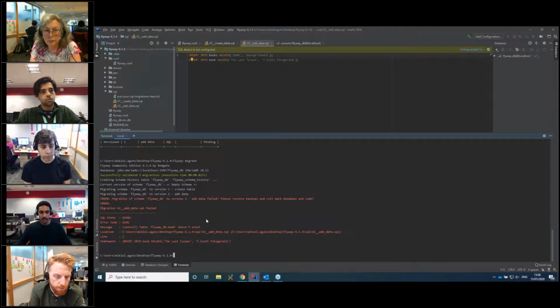And you can see that it's produced an error. So why is that? Well, I've made a typo in this migration script. It says insert into book values. It should say insert into books. So if I change that and do another Flyway migrate,